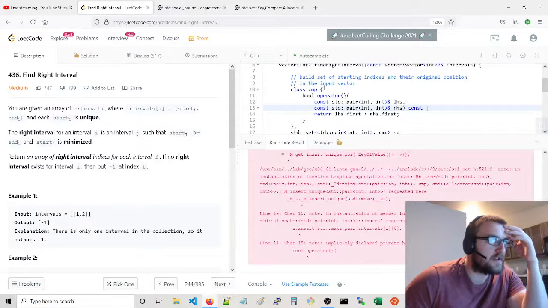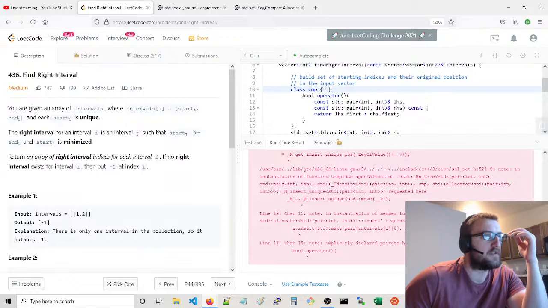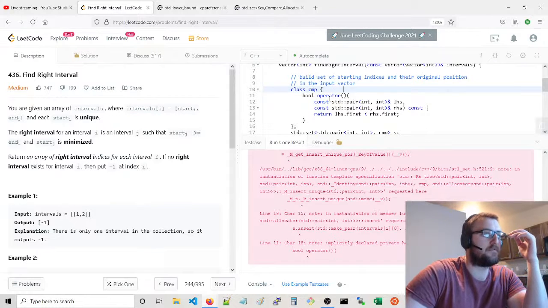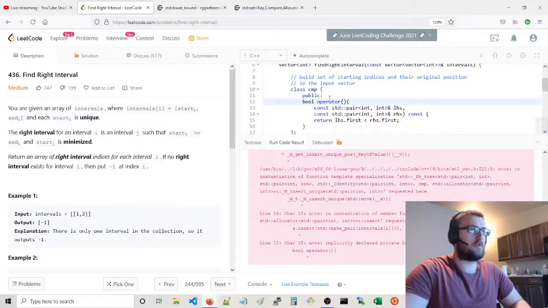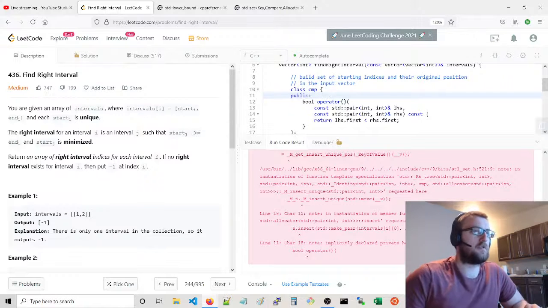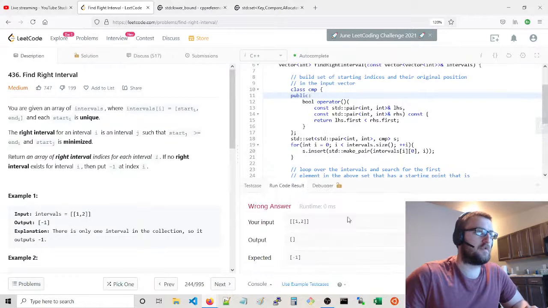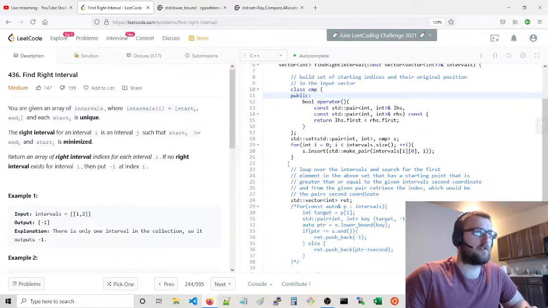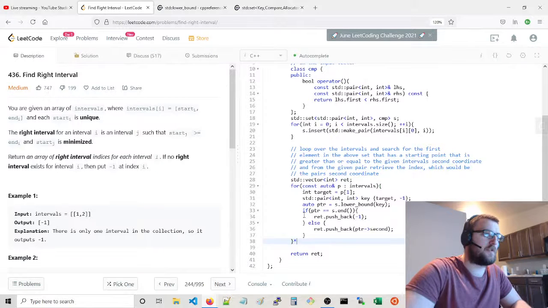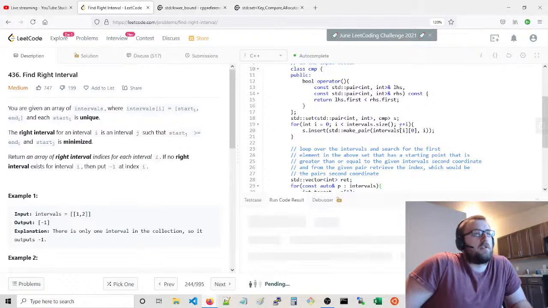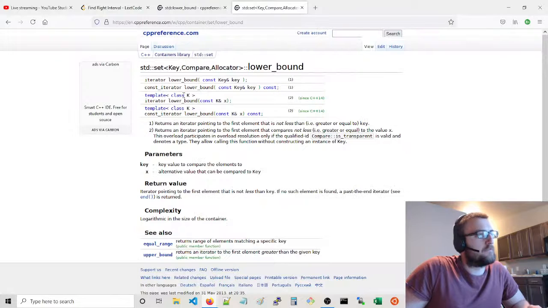Bool operator implicitly declare. Oh, okay. Does this need to be public? Interesting. I mean, I don't know. Oh, okay. Interesting. I don't know if that's correct. It's supposed to be public. This comparator function. But maybe I'm missing something here where